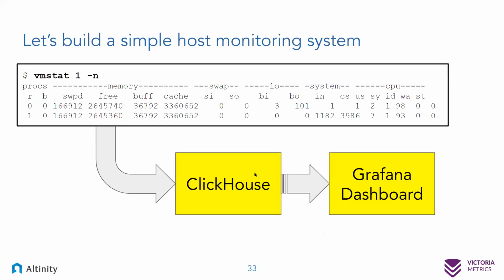So with that background, what I'm going to do is just walk through building a simple host monitoring system. ClickHouse is general purpose, and so it really means that it can monitor anything. I'm going to go with